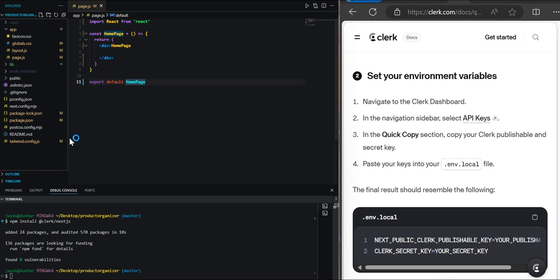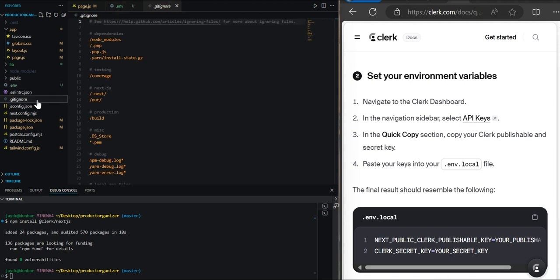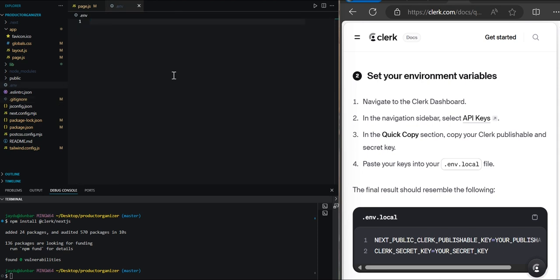So within the root directory, let's add a file named .env. And before we add anything to it, let's include it in our .gitignore file. That way, when we deploy our project, I'm going to make my code public so you can gain access to it. But I would suggest it's always a good practice to keep the environment variables secure. That way no one can gain access to it, because with it, they can gain access to your project and really manipulate your data. So within the .gitignore, I'm going to include my .env file, and I'll save it and